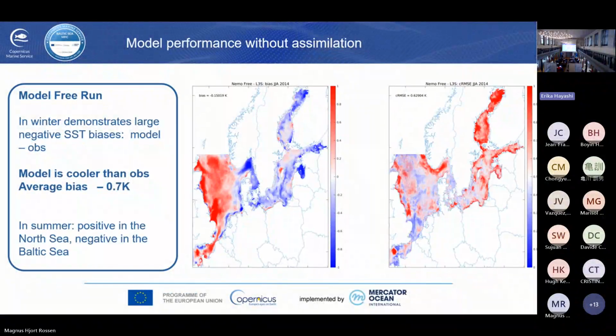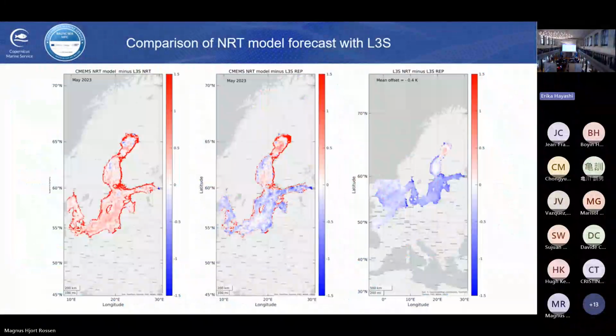And in summer, we have both a positive bias in the North Sea and a light negative bias in the Baltic Sea. So we have to reduce those biases, and that's why we assimilate